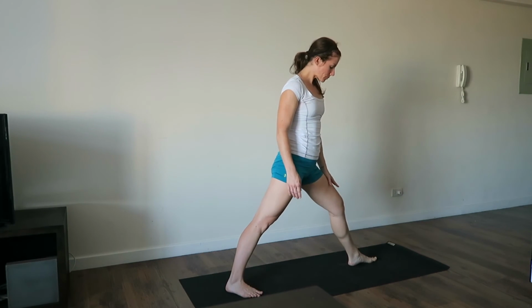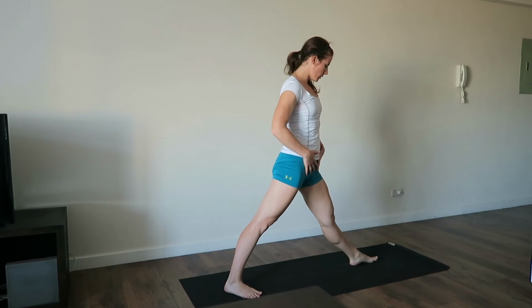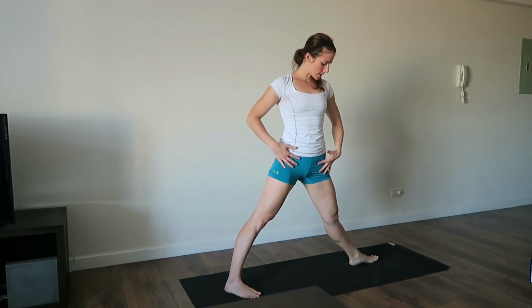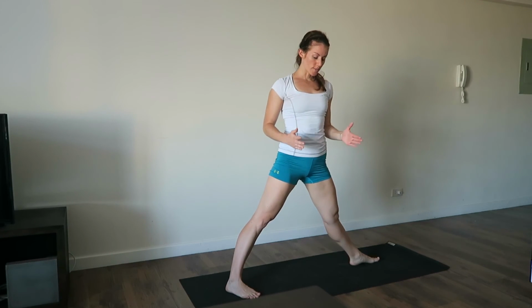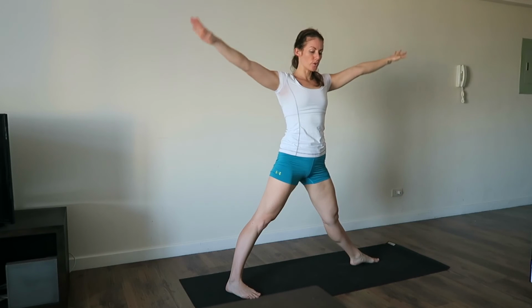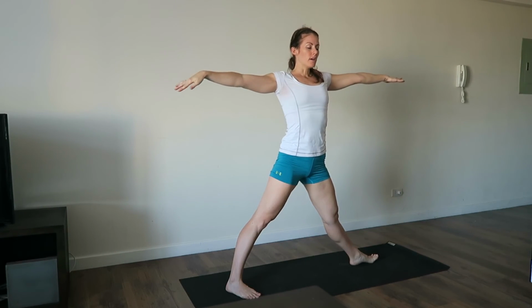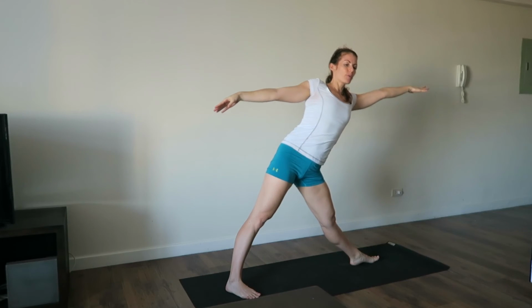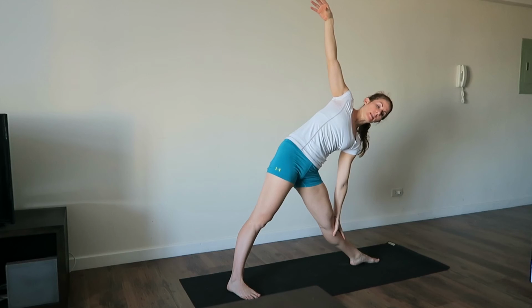You'll make sure that the left toes again are facing directly forwards, that the body is really nice and lateral here. So you don't want the hips to face forwards, rather towards the side of your mat. Send the arms open to a T. Lift on inhale through the top of the head. Exhale, send the left hand away from you, reaching away as it slowly lowers down again, ideally to that left shin